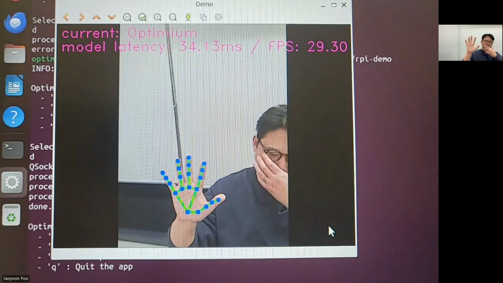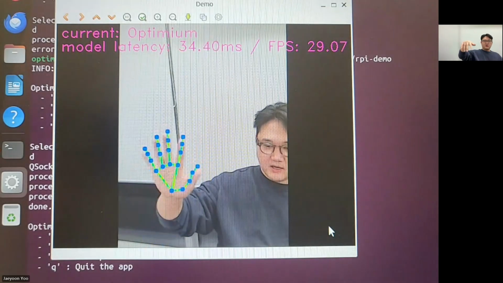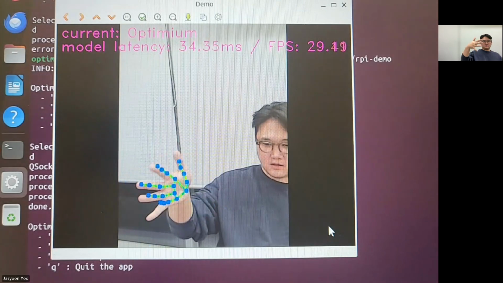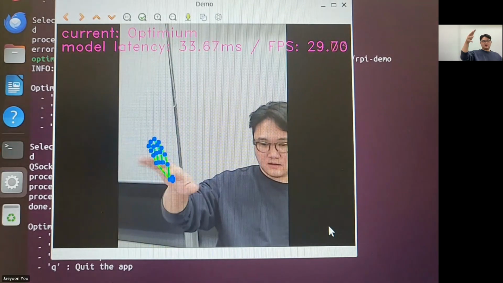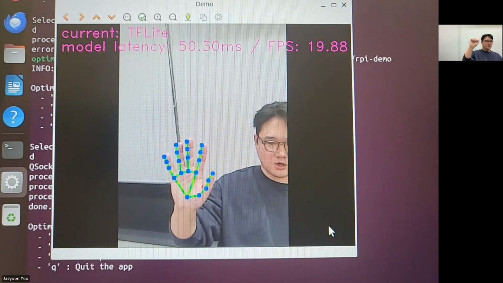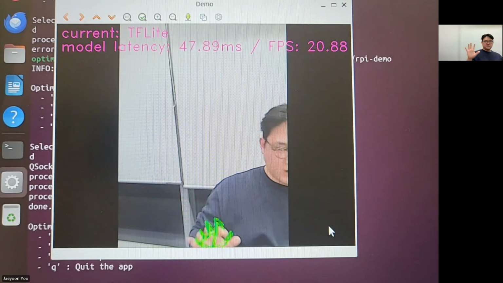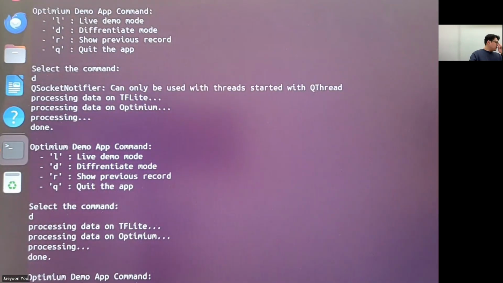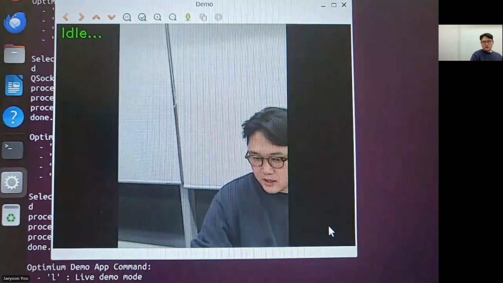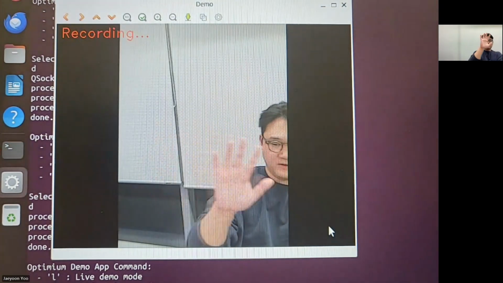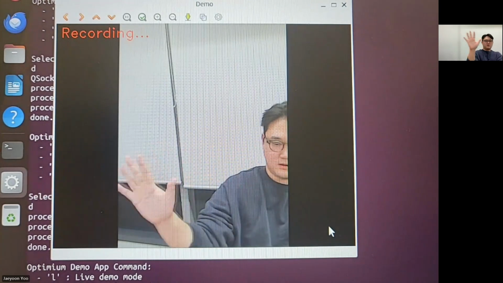The improvement itself would be around 50% in terms of inference speed. I think it would be better for us to record a video, apply these two models, concatenate the video, and show the output for comparison. So I'll just start recording a video.